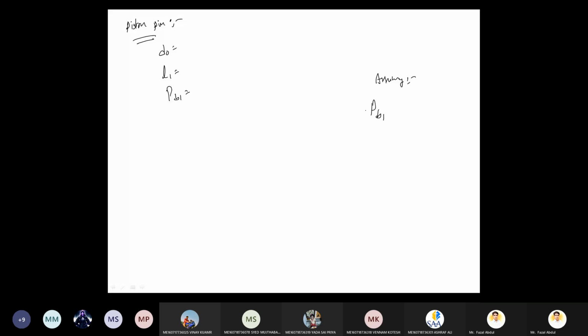Already we wrote the suffix b for bearing pressure, so I am writing the 1: 25 Newton per mm square. Now the load acting on the piston due to the gas pressure is pi by 4 into d square into pressure, that is pi by 4 into 100 square into 5. Already we got this answer, 39275 Newton.